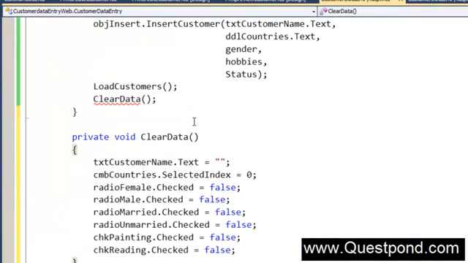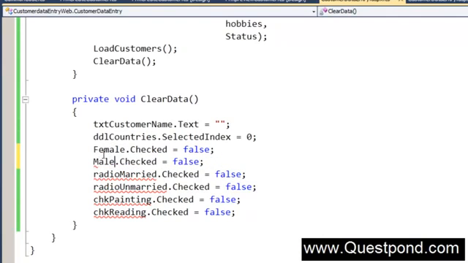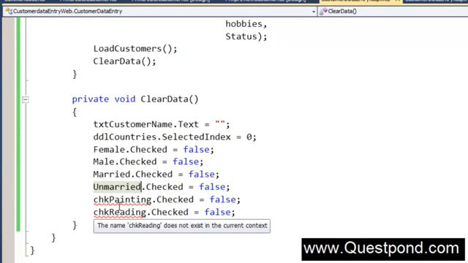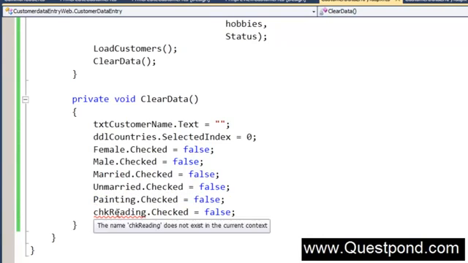Okay. So again, we just need to fix the control names. I'm going to quickly fix the control names, right? It's a bad way of doing things. Copy pasting is not a good way of doing things, but as I said, we'll first make this application run here, and then we'll see how we can make improvements on it. So painting,